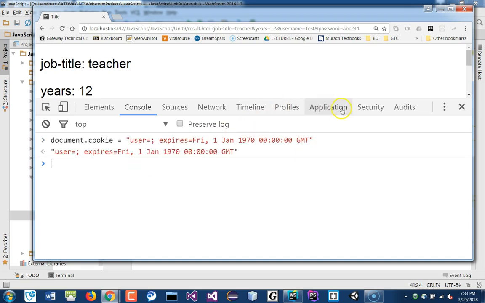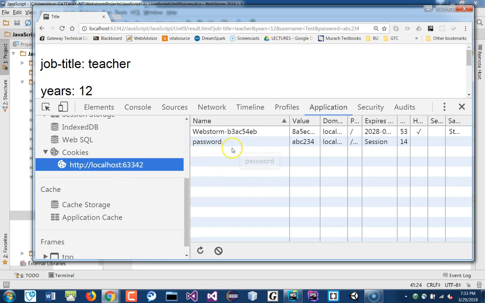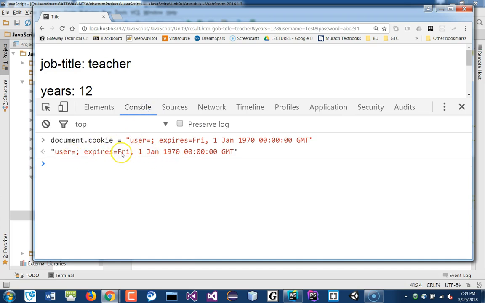okay, and then you'll see that the cookie has now been deleted. Okay, so the password is there, but the user is gone because I removed that by setting that to an old date, something beyond the date of today. So that's the